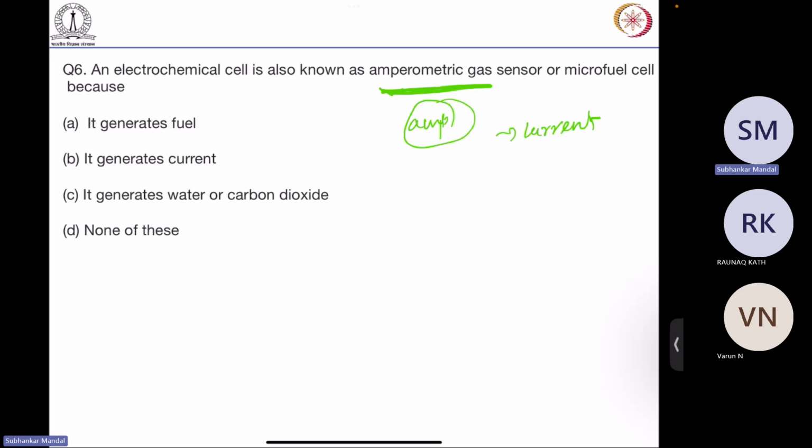So here you can see it generates water or carbon dioxide. No, it is not producing any water. It generates currents because in what is called an electrochemical cell, you have the electrolyte, you have the electrode, and some redox process is happening. So when the redox process will happen,